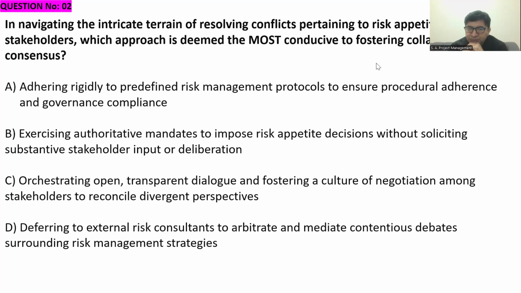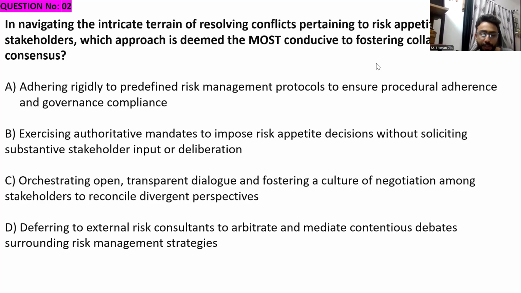Option B is about exercising authoritative mandates to impose risk appetite decisions. So risk management can never be, in my opinion, an individual's decision. It's more of a collaborative effort, a team effort. So an authoritative decision in this parameter doesn't feel right. And option D is deferring to external risk consultants to arbitrate and mediate contentious debates surrounding